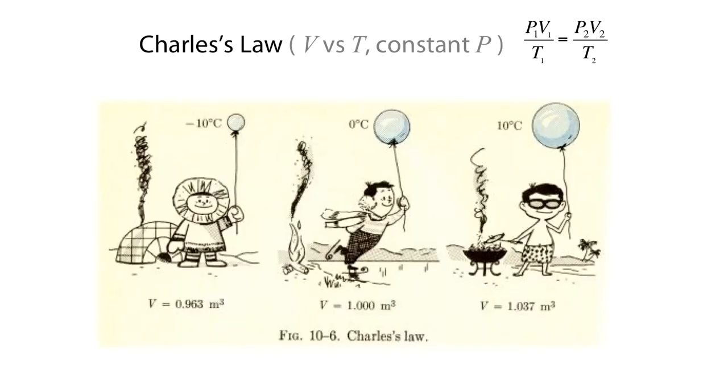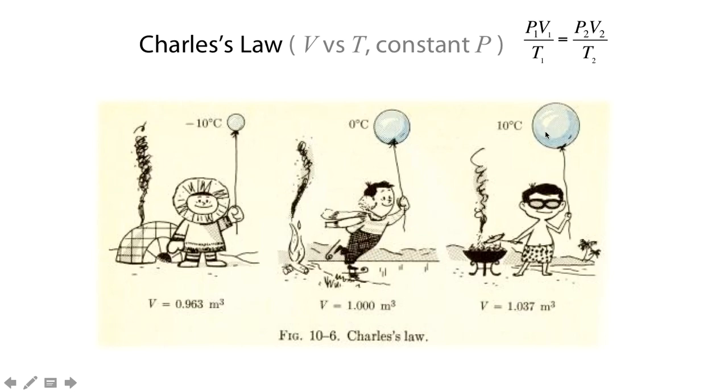The final of the three gas laws is Charles's law, Jacques Charles, French physicist, who said, well, what happens at constant pressure? Well, if pressure is constant, then volume and temperature must be directly proportional. In this situation, you've got a balloon. Now, a balloon maintains the volume it has, whatever volume it has, because of two things: the external pressure, the air surrounding it, and its own elasticity. If you ignore the elasticity aspect and just think about the external pressure, then as the temperature gets larger, the internal balloon will